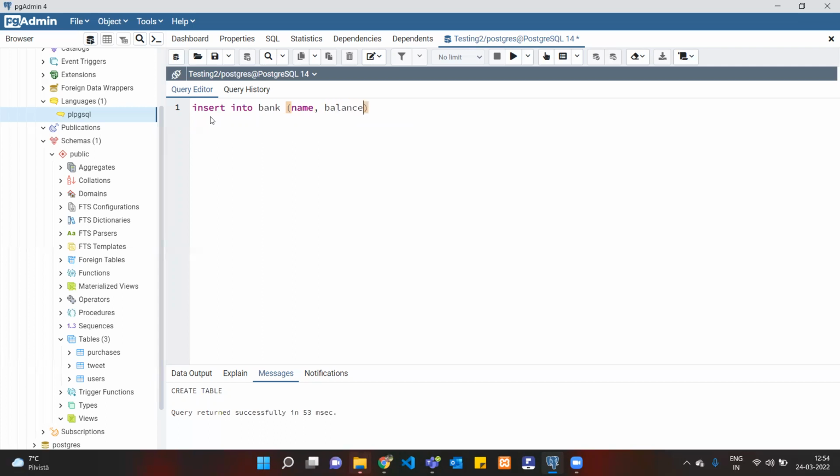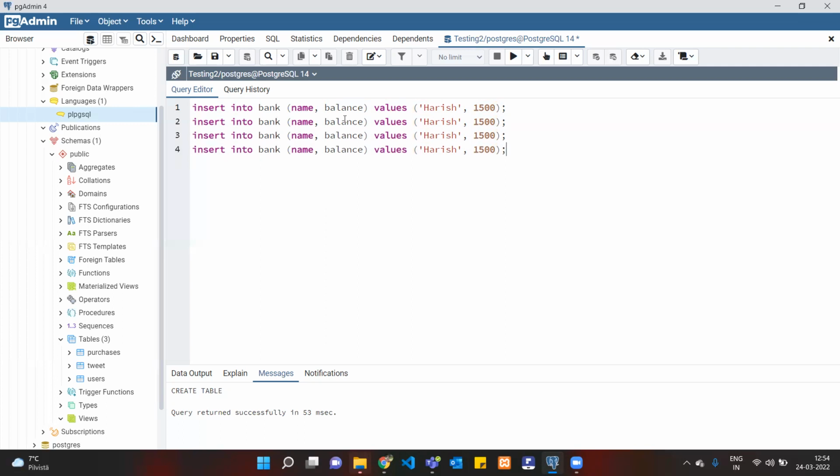So balance values, we can say, I will take my name, Harish, 1500. Okay, I can just copy this 4 times,